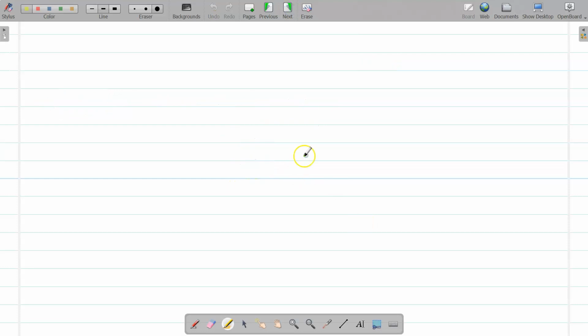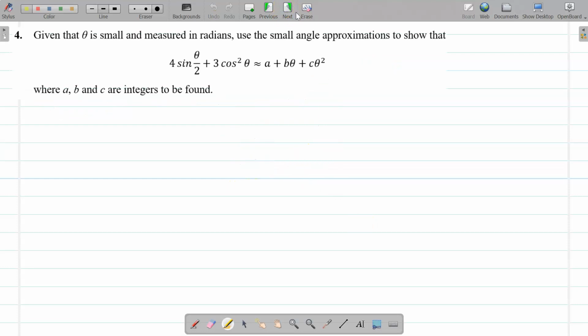Okay, next question. Now we have here something where we've got to use small angle approximations. When you get questions like this, try to use the approximation for sine, which is easier to use because sine theta approaches theta as theta gets very small. So I'm going to rewrite this cos squared as 1 minus sine squared first. So I'm going to write 4 sine theta over 2, and then plus 3 times 1 minus sine squared theta,